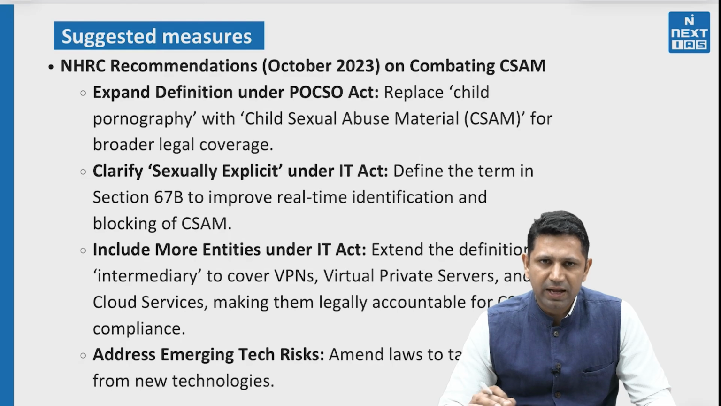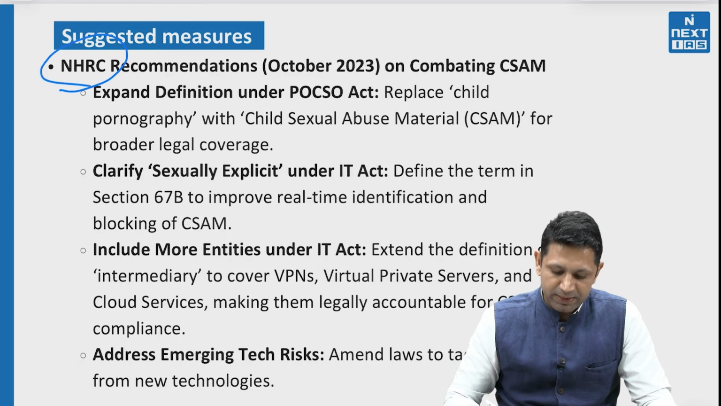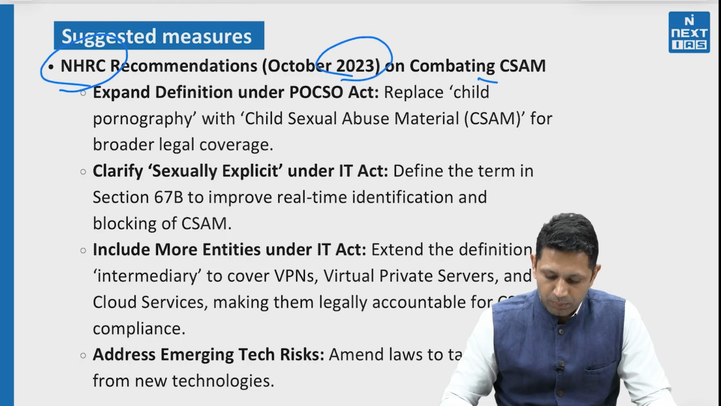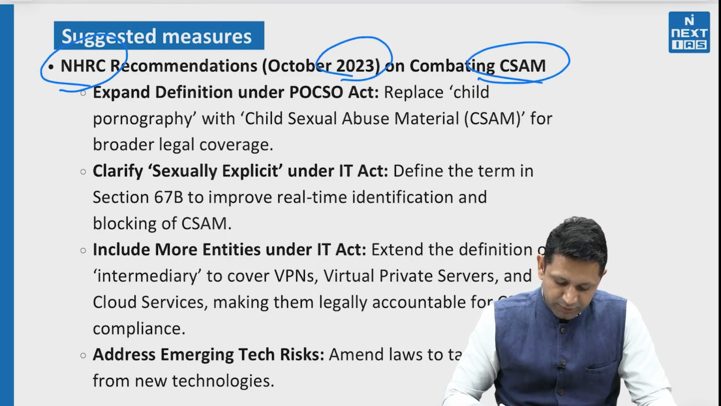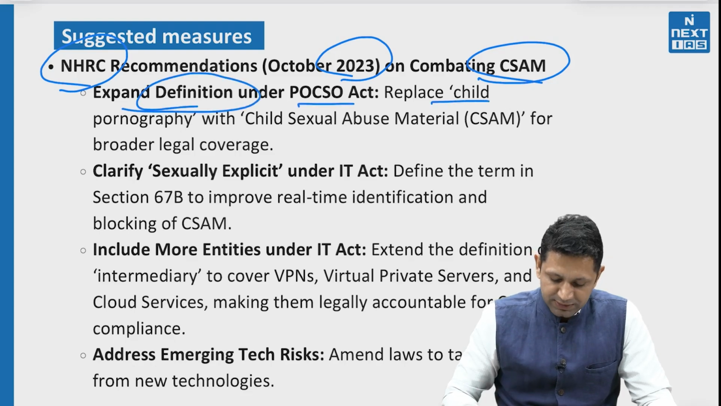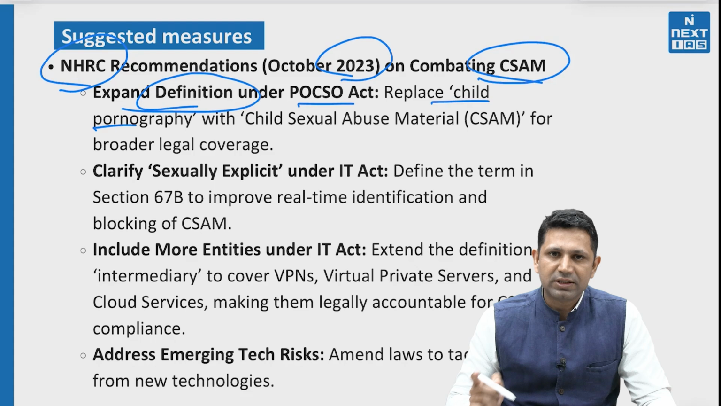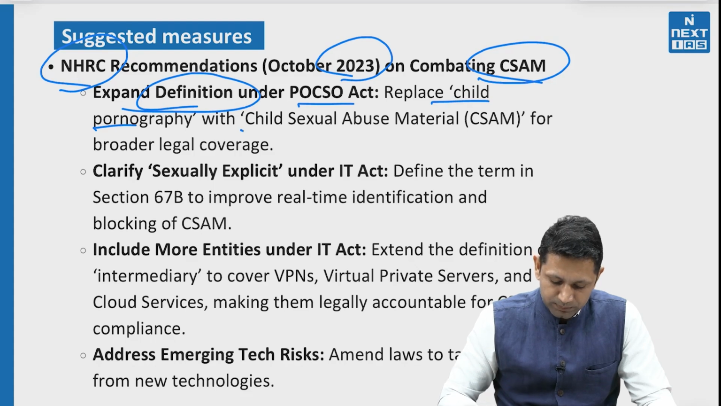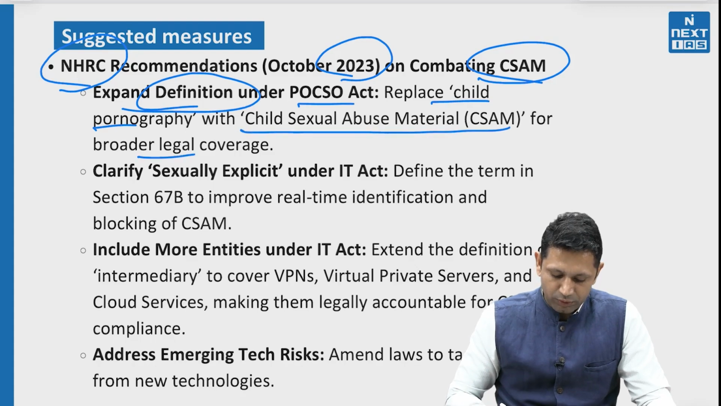Now we are already having a mechanism, but we need to upgrade it also. For example, NHRC has recommended in October 2023 that to combat CSAM, first of all we need to make changes in the definition of the POCSO Act, where it defines child pornography. Now instead of child pornography, we should use child sexual abuse material for broader legal coverage. Secondly,